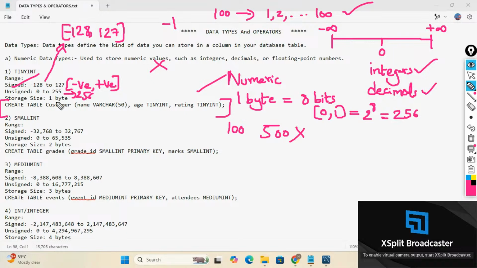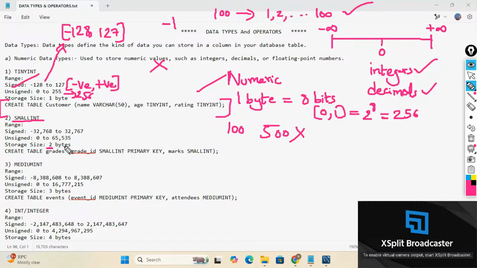Okay, that is 8 bits, very small size. Akhil, if you go to the next type under integer, I can also use small int, can't I? Yes, because small int is again a type under numeric data types, which is used to store integers only. Can I also use small int for age? Yes, you can, but the reason why I go with tiny int is the space, I mean the size,